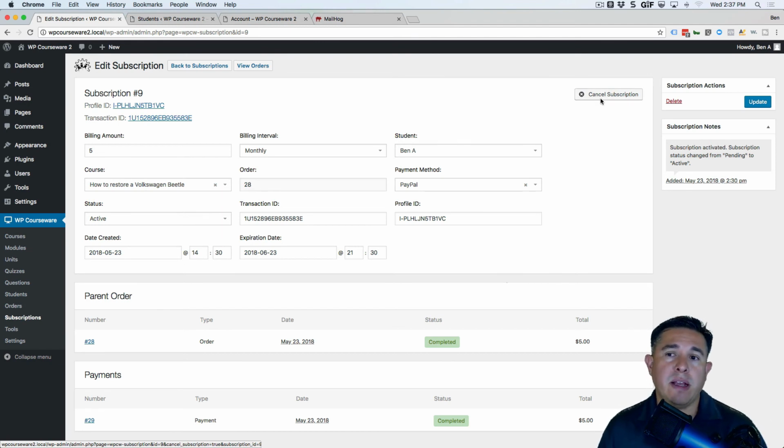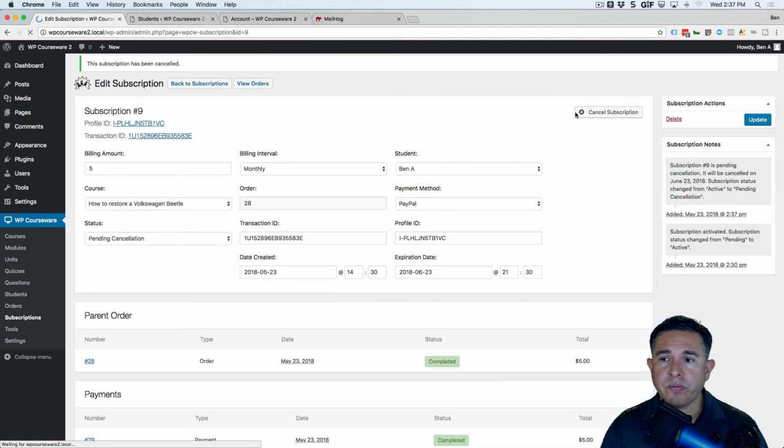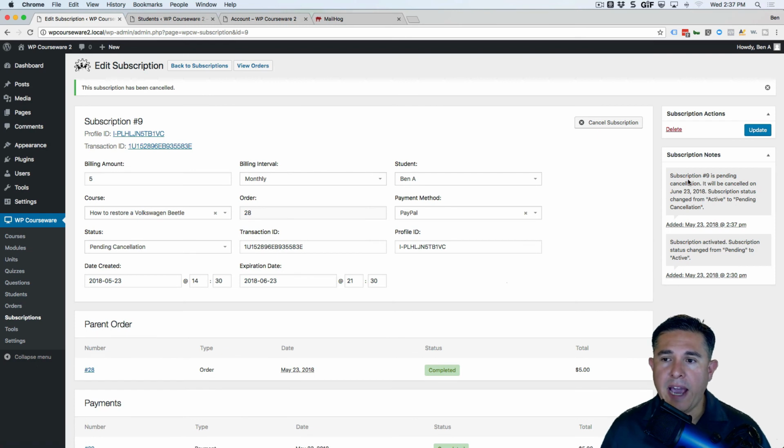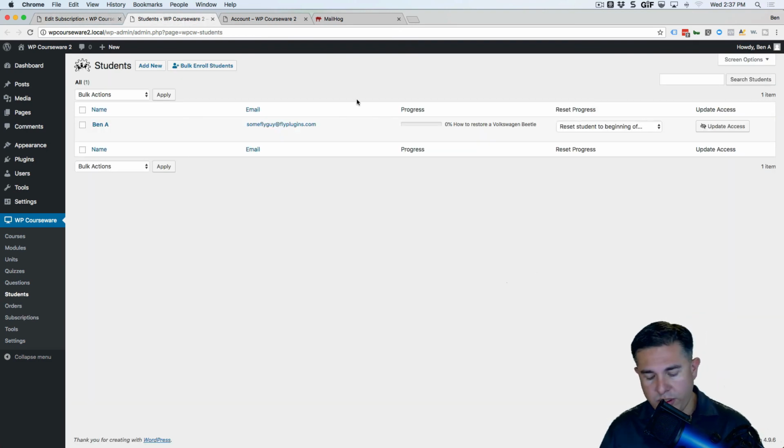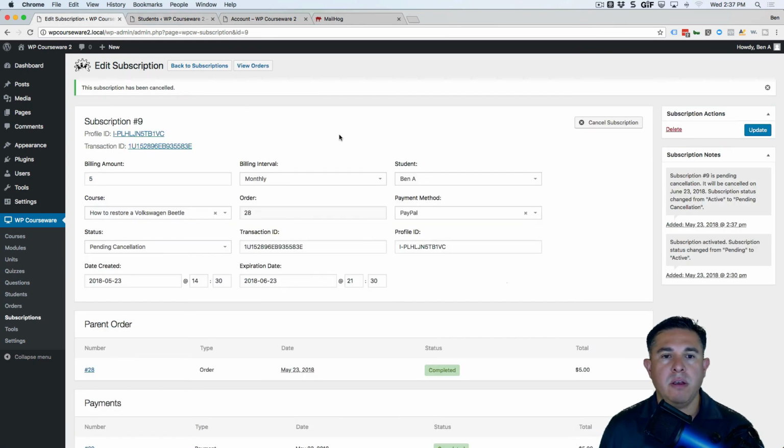So for example, if I go ahead and click cancel subscription here, you'll notice it goes into this pending cancellation mode. Okay. And when it's in the pending cancellation mode, it's just waiting for the subscription to expire. Once it expires, then your student will no longer have access to the course. In fact, if I go over here to the students page and refresh, you'll notice I still have access to the course. Okay. However, if we were to refund it,